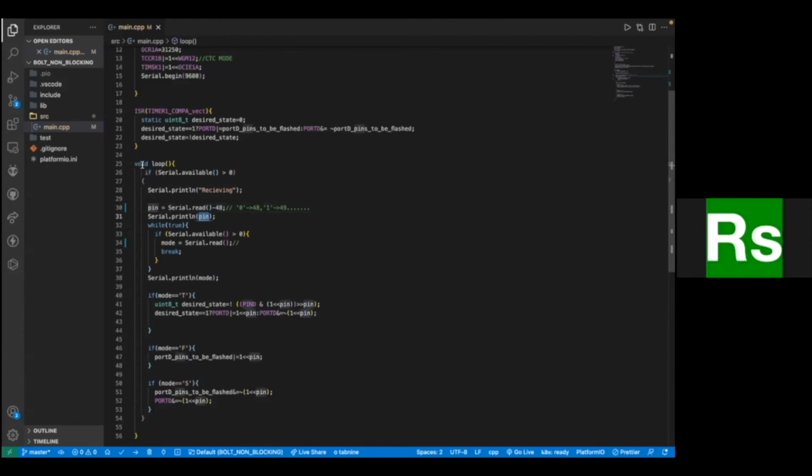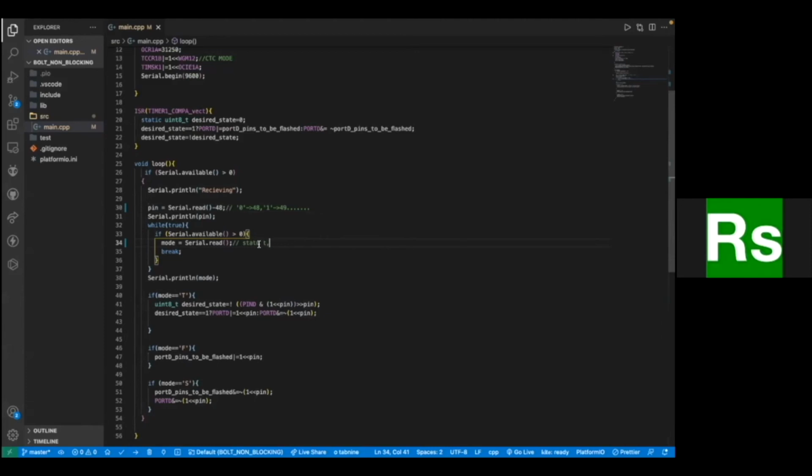So next we start a while(true) loop, meaning it's an infinite loop. If Serial.available is greater than 0, meaning if another byte is received, this will be the state or mode. The state can be either to toggle the pin that we sent before.